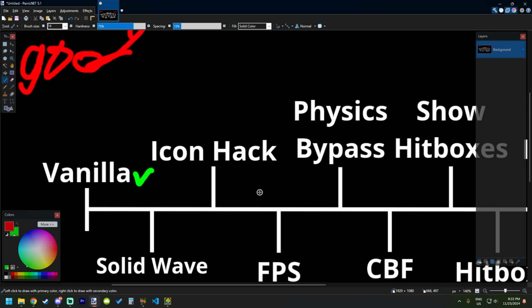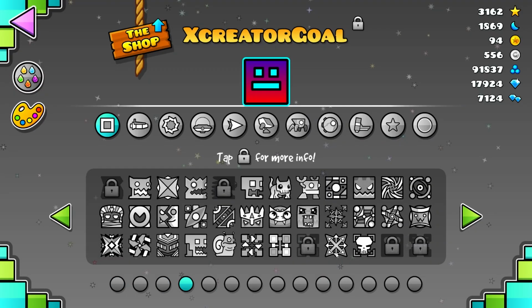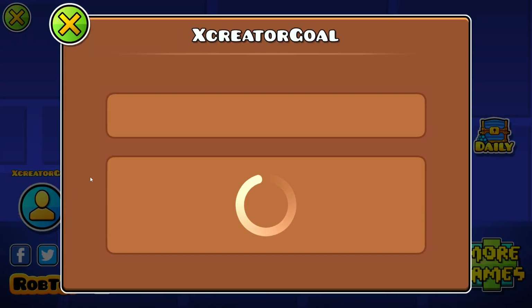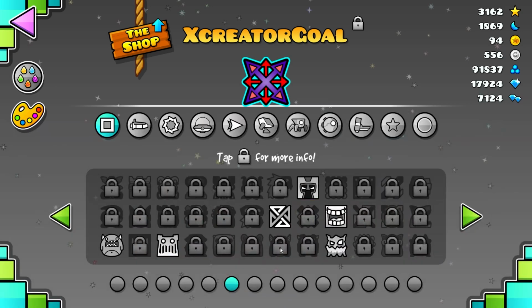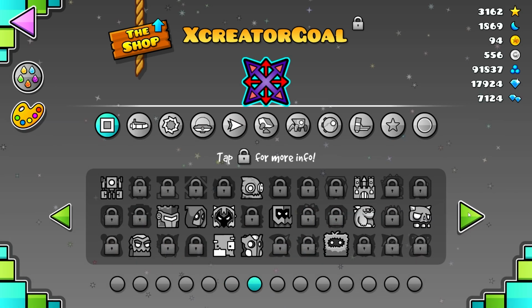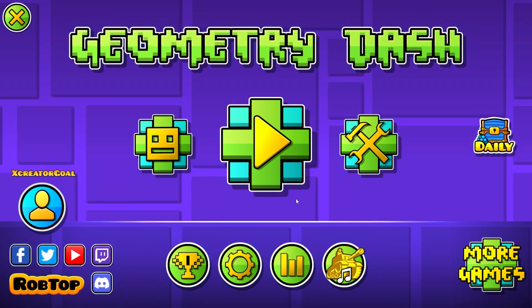Then we have the icon hack. The icon hack is such a controversial subject because a lot of people are like, come on, it's just a bunch of visuals, and there's really no change of stats. You're not really modifying the game that much because you're just changing textures, you can say. And I do agree with them, and I see why some people don't see it as that significant a thing. However, I think this might be one of the smaller reasons why people are not enjoying GD that much anymore,